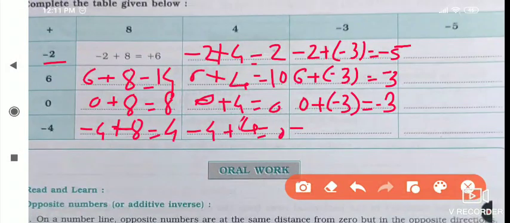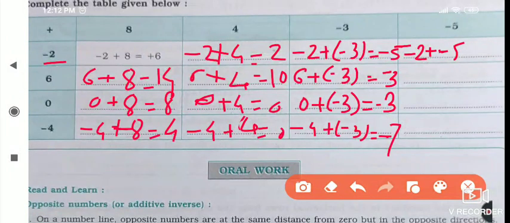Next it is minus 4 plus into bracket minus 3. So here both numbers are negative, so the answer is 7. Addition we have to do for this and the answer will get the bigger number's sign. The bigger number is 4 and that's why its sign is negative, we will get the answer. The next question is the next box. We have to write here minus 2 plus minus 5.